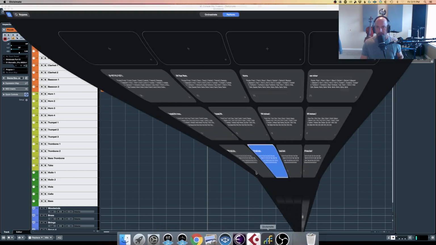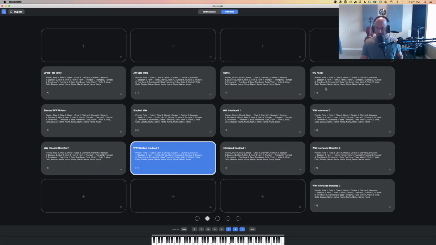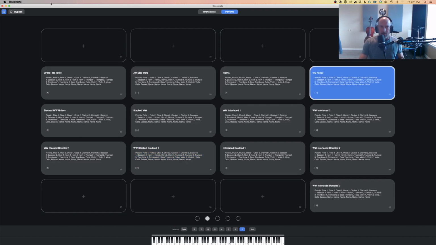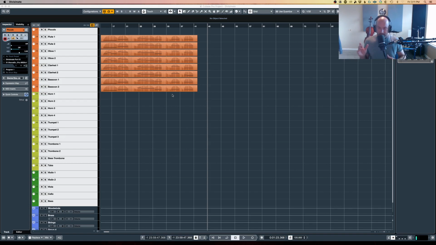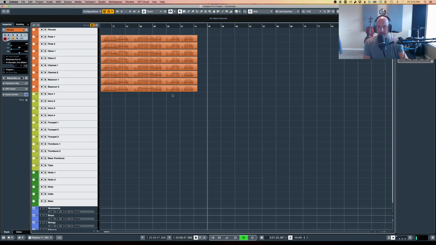Let's look at some of the fun stuff I did here. I'm going to select this woodwind minor here, and that's what I called it. This one is in one of the tutorials that they do, showing what this thing can do, and it's a minor third for the woodwinds, and I think it's pretty cool. So